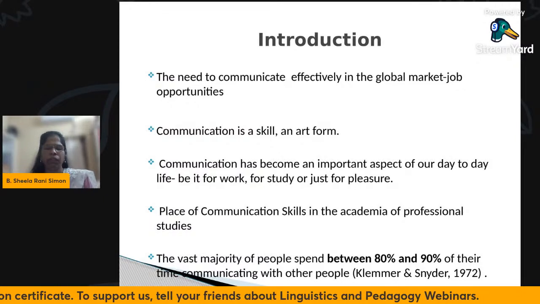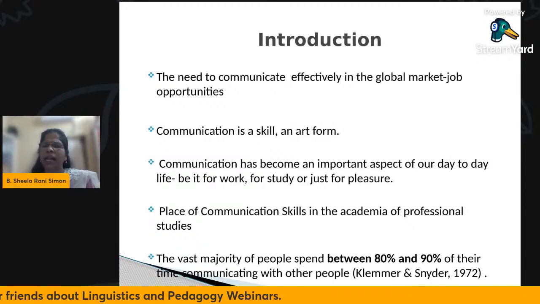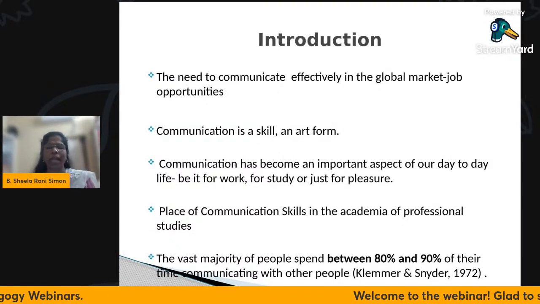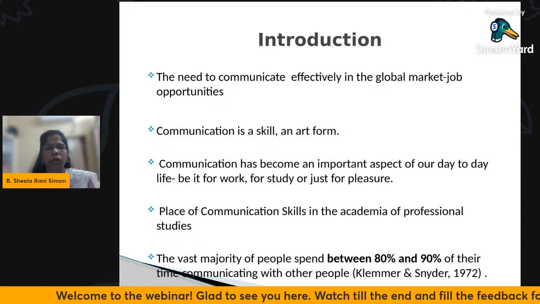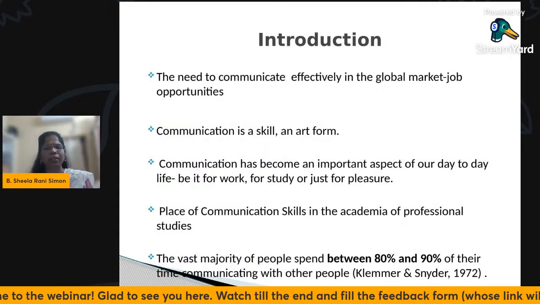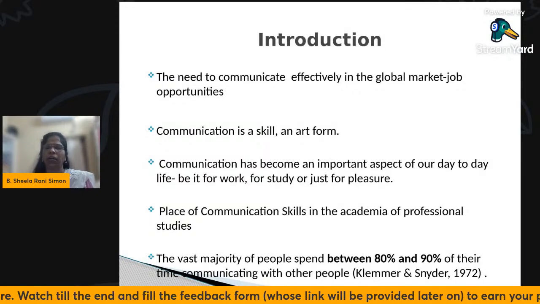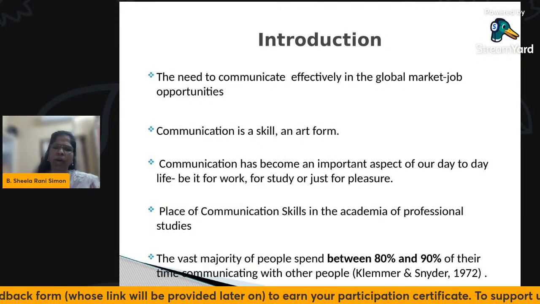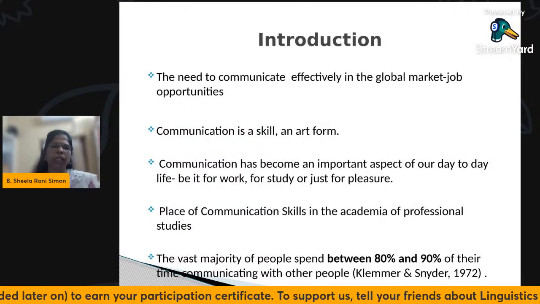See, if you notice, I've said communication is a skill, is an art form. Why do I call it a skill? Because it is something that we'll have to navigate through. If people have to listen to us, if people have to give us their reply, we also have to know how to go about that conversation, how to strategically wade through a conversation. You find that communication also has an impact on the job market, job opportunities that we